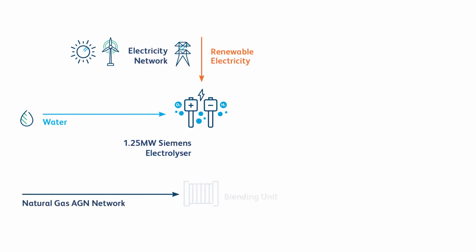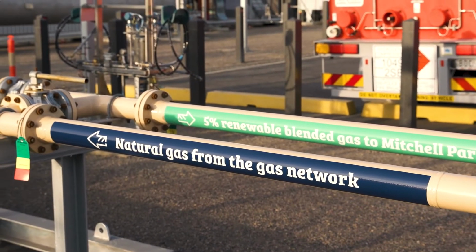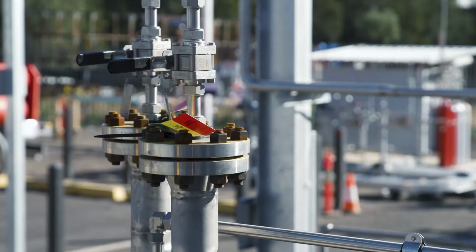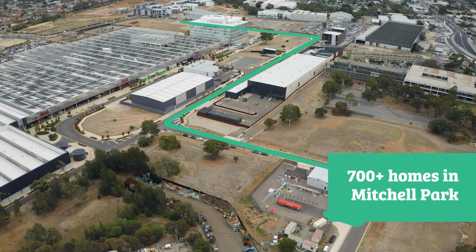To produce a hydrogen blend, 100% natural gas enters the site near the gas blending equipment. The natural gas flow rate is measured, and then the correct amount of hydrogen needed to create up to a 5% blend is injected into the gas blending equipment. The 5% renewable blended gas is then transported via the existing gas networks from the HyP SA site to more